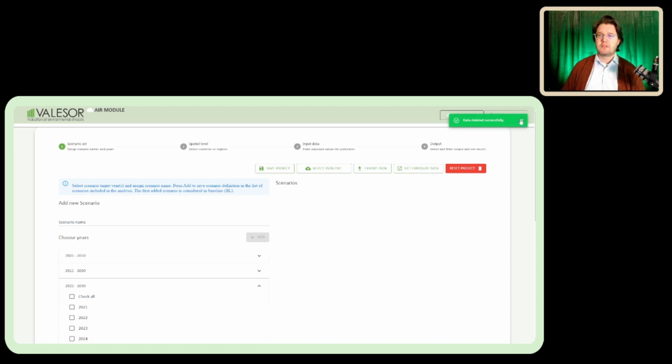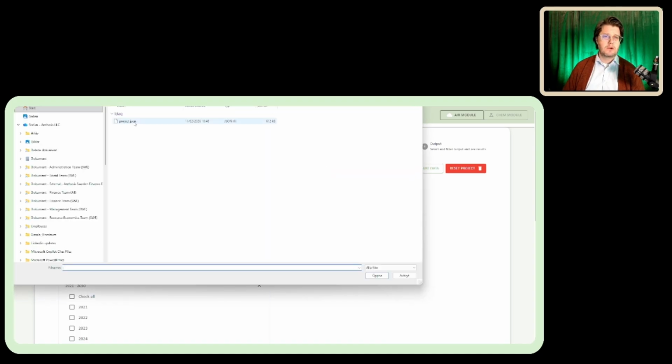Okay, data deleted. Now, you can see here that there's no information in the spatial level, input data or output. You can also see the orange bar here informing you that you have to finish step 1 before you can move to step 2. Okay, so everything is empty. Now, instead of redoing all, what I have to do is I click on Select JSON File. I go to the file, which is automatically named project, but you can name it to whatever name you want. Click on it, open,